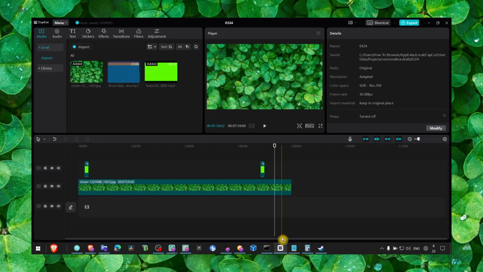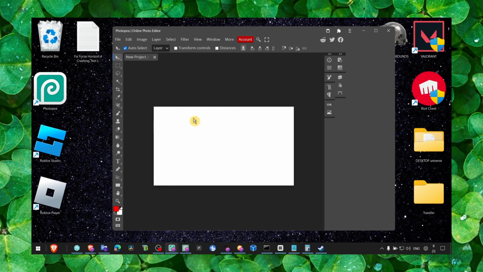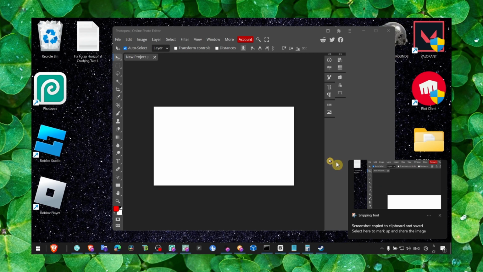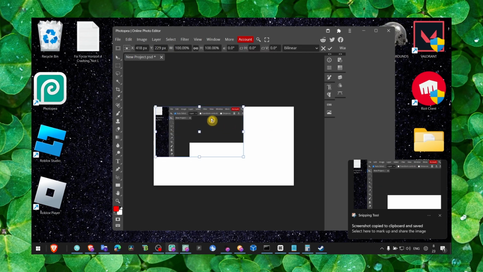In this video I'm going to show you how you can cut a part of an image in Photopea. So I'm going to drop an image. Actually, I'll just do it this way. Easy, that's what I call. And now